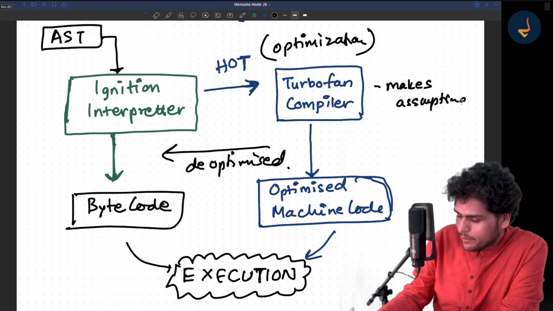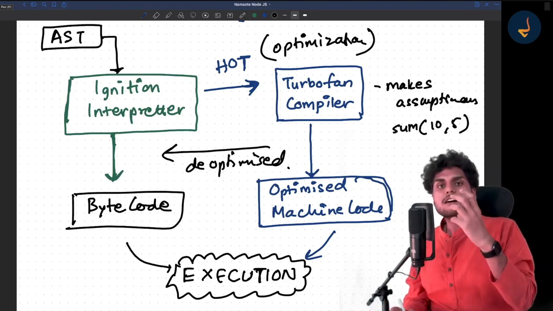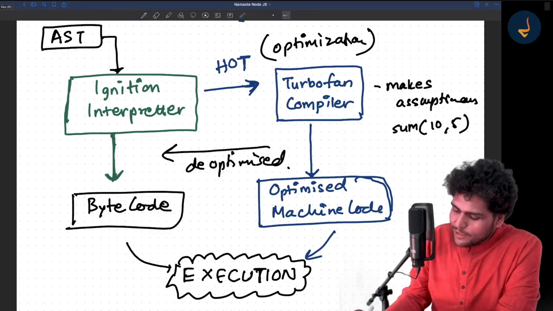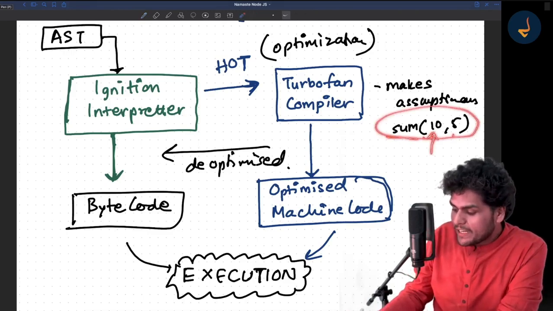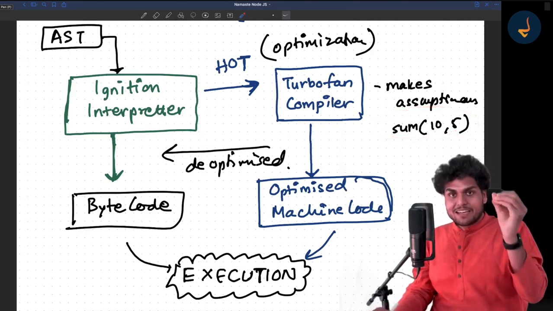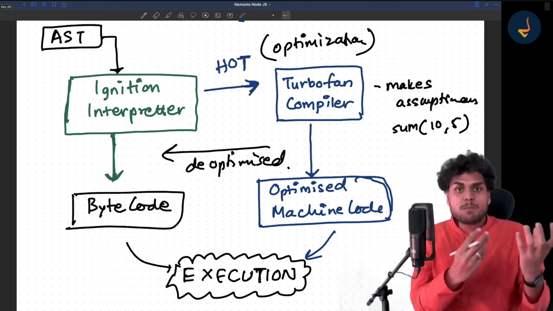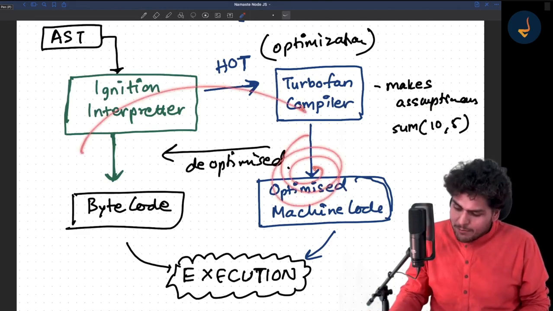How? I'll tell you. It makes assumptions. Suppose you call the sum function with two parameters, 10 and 5. What happens is the TurboFan compiler will assume that the values of a and b will be numbers, and it will optimize the code. So next time you make a call,